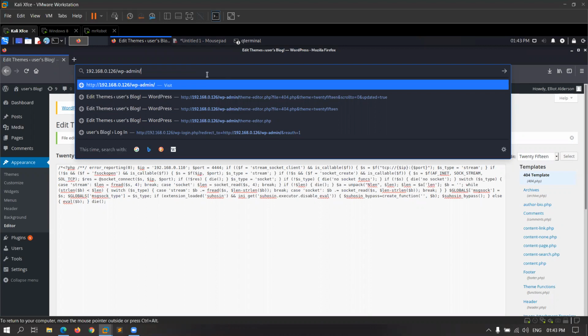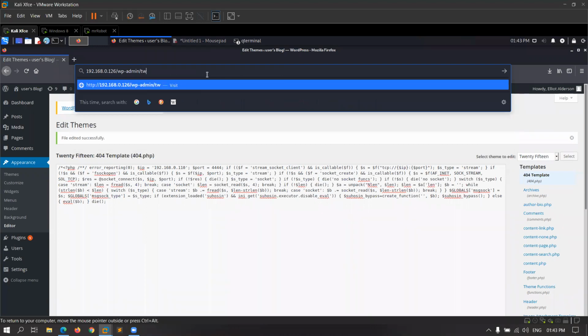We have 2015, and because we are under the themes, we have to put themes/2015 and then the template name.